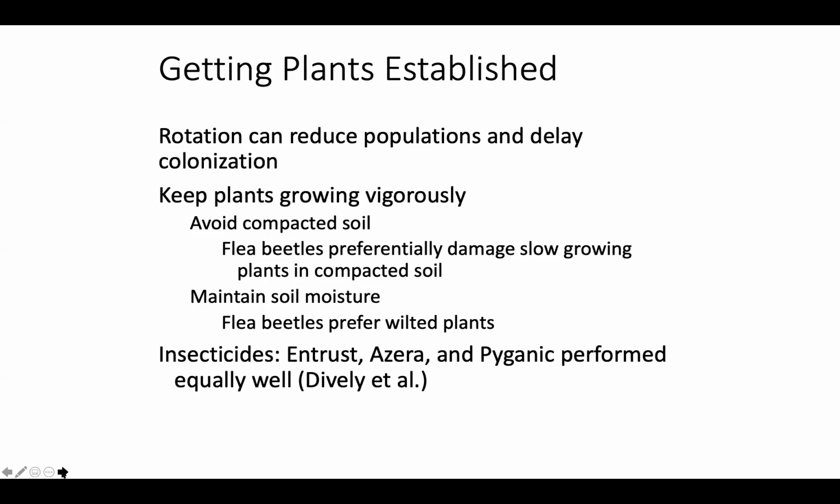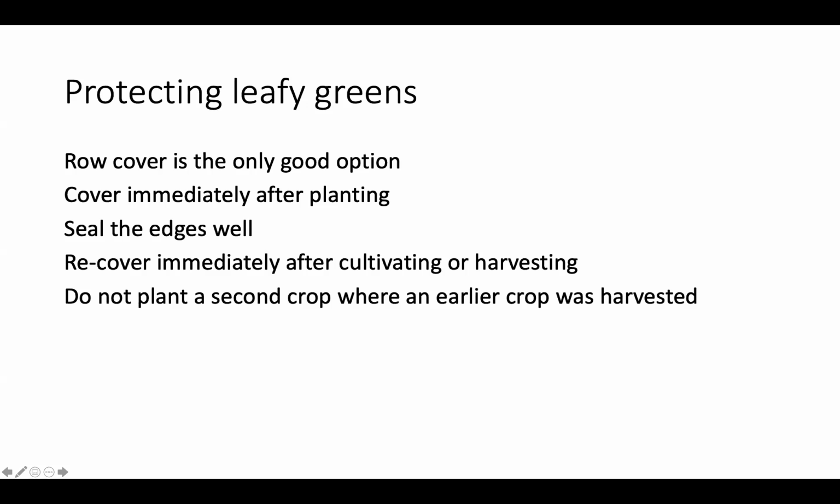So I think for protecting leafy greens, row cover is really the only good option if you're trying to avoid cosmetic damage. So you want to plant them and cover them immediately before any flea beetles get in there. You want to seal the edges as well as possible, and you want to recover them immediately after cultivating. Of course, one downside to row cover is that